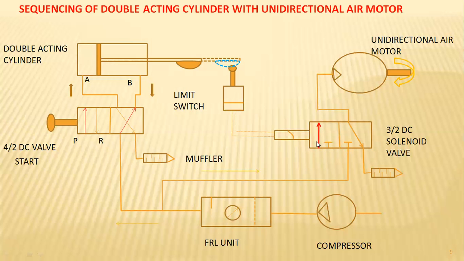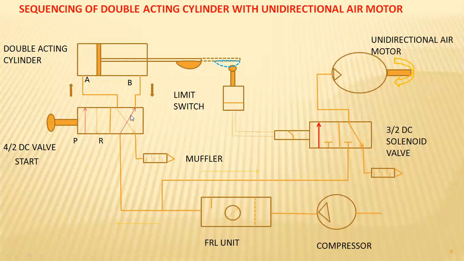And at that particular time, this position comes into force and allows the compressed air for its actuation, nothing but rotation of the motor taking place. So upon extension only, the limit switch and this DCV will get energized, and rotation will take place. And if the pressure is released, the second position will come into force, and